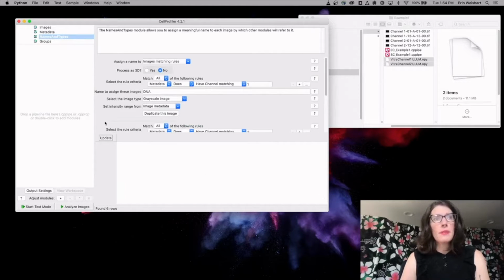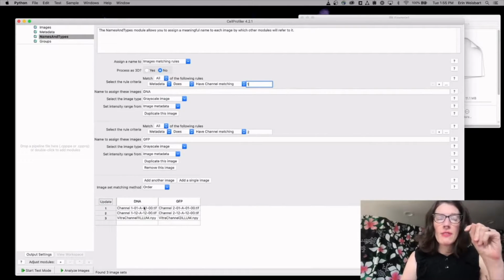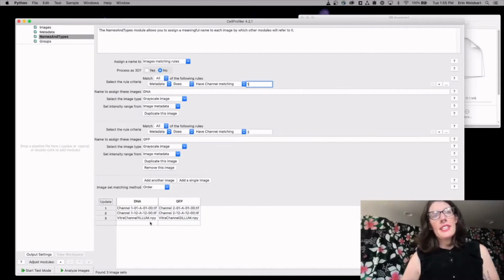Now coming to names and types. So doing it here by order, the problem is it's saying it's found all of the DNA images are in this list, and all of the GFP images are in this list, which is true, that this correction image is a channel 1 image and this is a channel 2 image. However, the way it's setting this up is essentially it's going to try and process now each of these